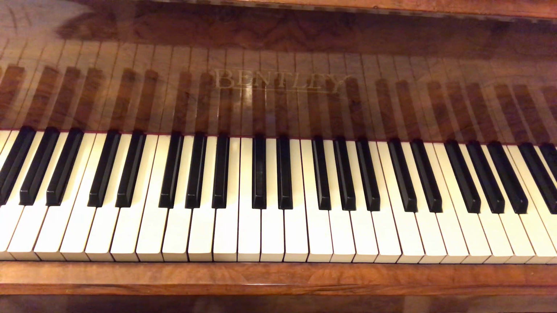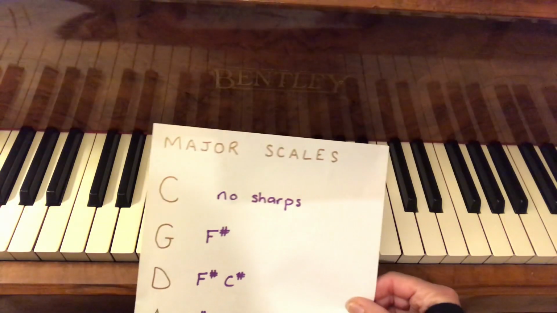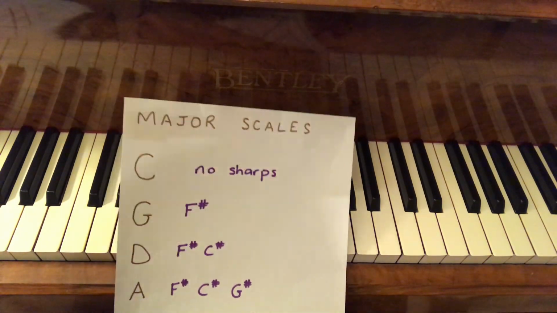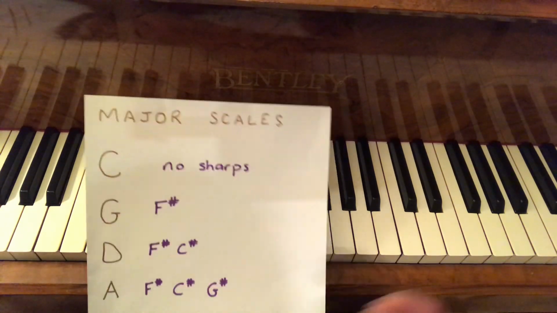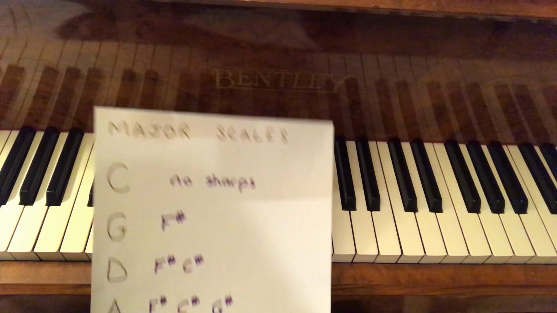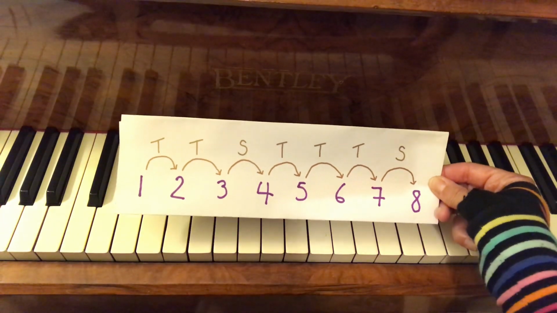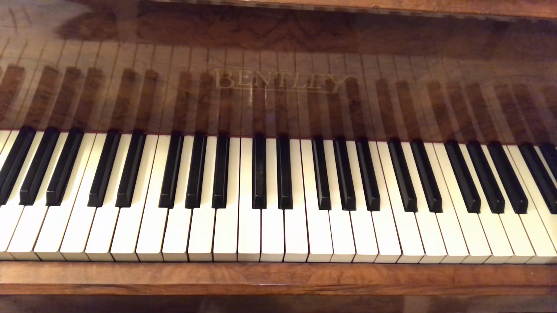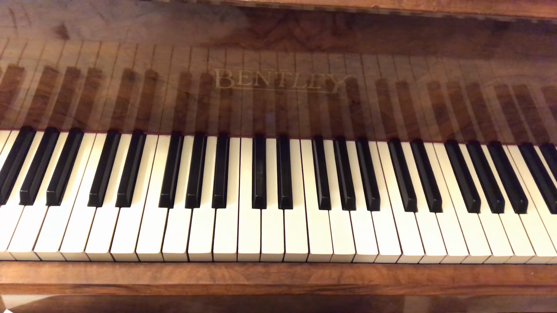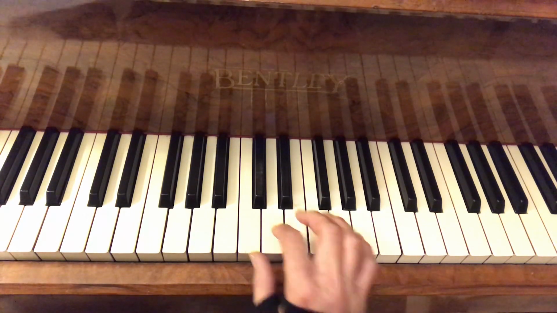Okay, so let's have a quick recap of those major scales. If I play them one after the other, you'll hear that they all sound the same. They're in different keys, but they're the same sequence of intervals. Remember that an interval is the distance from one note to the next. We know that every scale is this pattern of intervals, and that's why even when you play them in different keys, they all sound like a major scale, and you'll get used to the sound of the major scale. We get used to the patterns of intervals. That's why if you hear a song in a different key, it still sounds like the song, because you are still hearing the pattern of intervals, just moved to a different key. So C major scale,